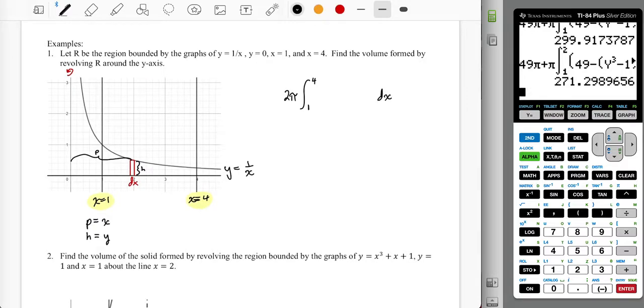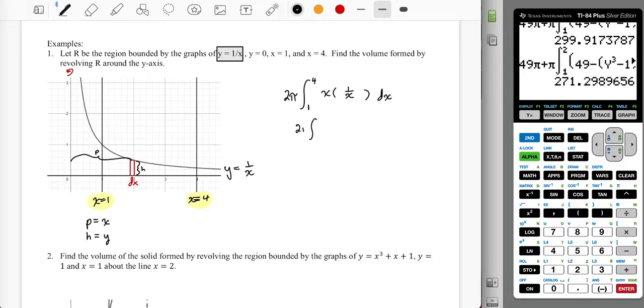The p is x, and since I need it to be in terms of x, that's good to go. The h is y, but it needs to be in terms of x. Since y is equal to 1 over x, that's this relation right here,